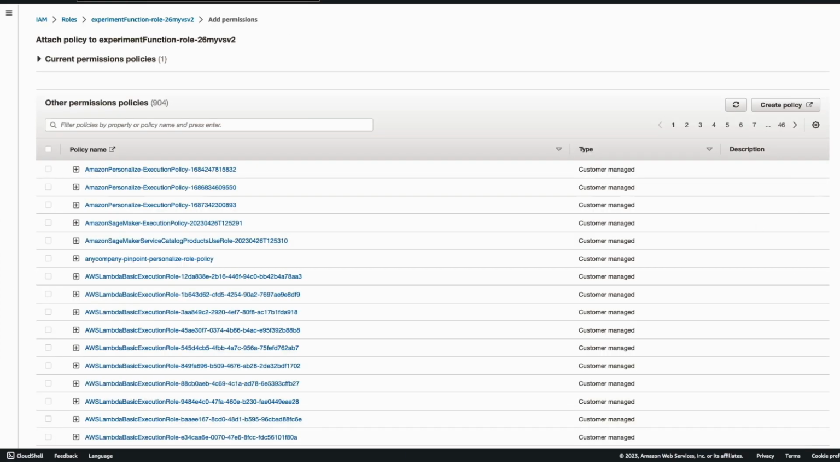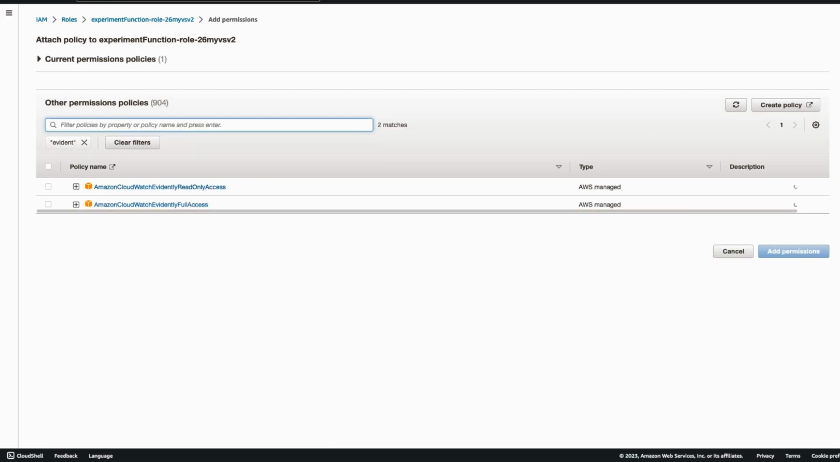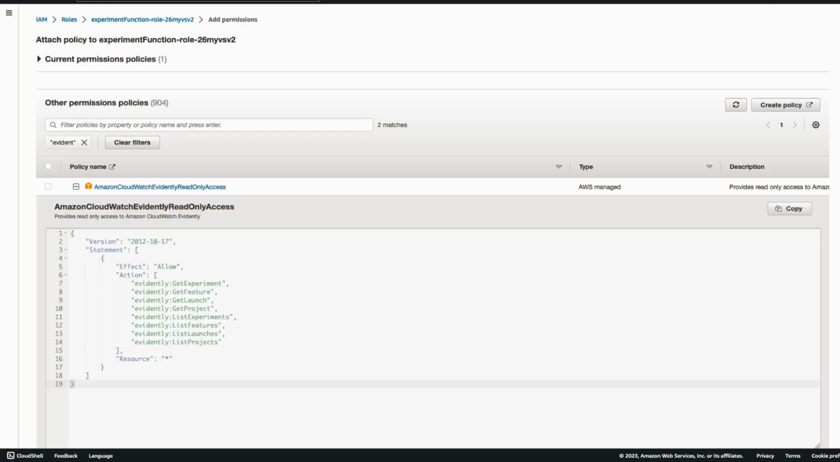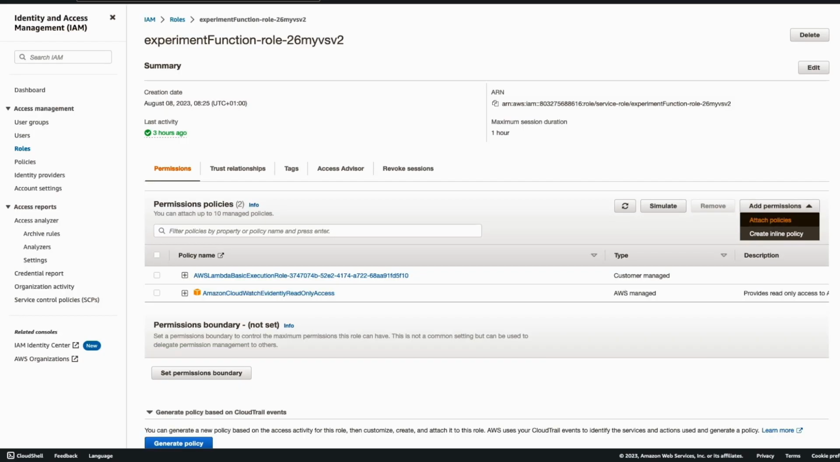We can check if you have the existing permissions. So we have evidently read access and evidently full access. In the read access, what it does is it tells you that we can list projects, get experiments. So this is